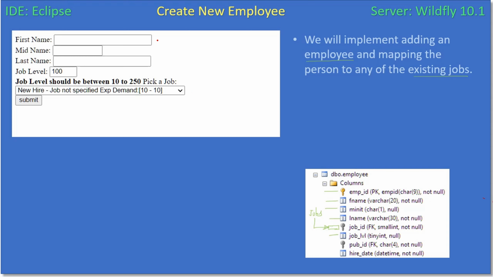user will populate these fields: first name, middle name, last name. So all these fields will get populated. Then here we are providing a job level of 100 as a default, but the user can change and populate this as well. Then from the drop down, they can pick a job. So this part actually belongs to the previous text box, and so there's an alignment issue. This is for this